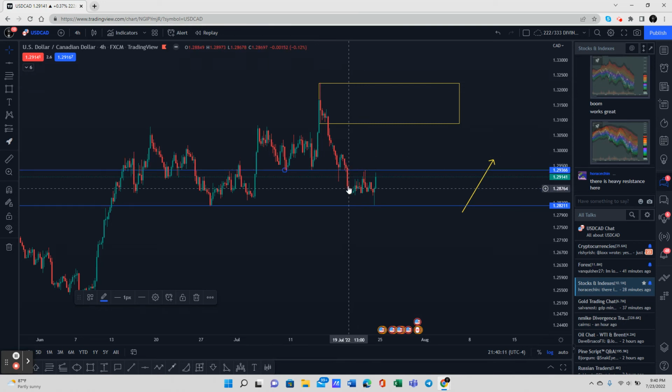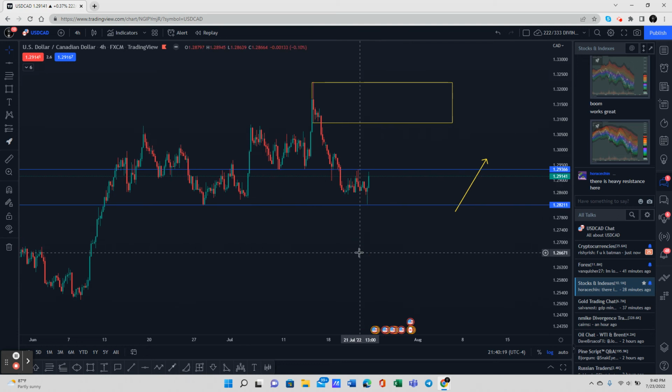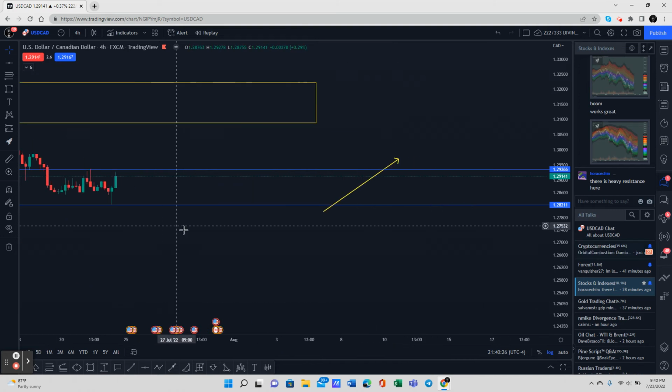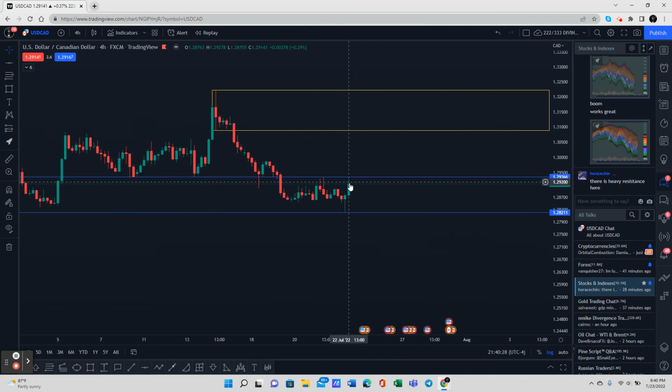So remember, anytime support is broken, it becomes resistance. So we do have that right here. Now we're in this particular range right here. Is there a trading opportunity? Yeah, because if we go down to the lower time frame, we'll see. But if I'm looking at this, I already see some form of a rejection candle based off of this level. Why? This has been an area where 1, 2, 3, and then possibly, well, really 4,